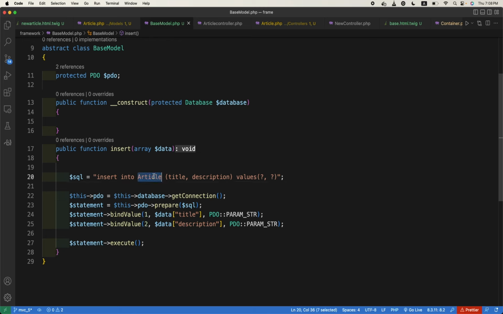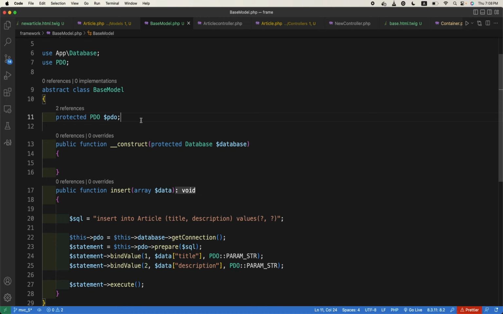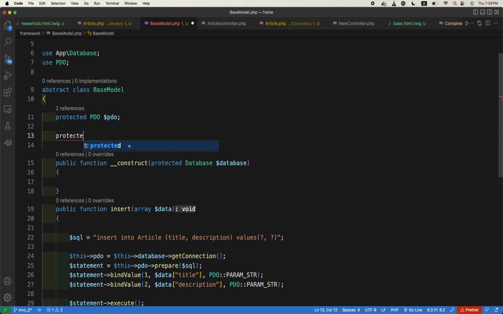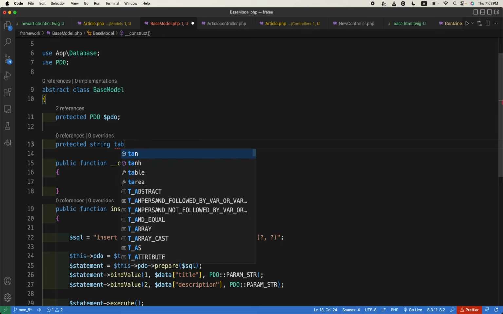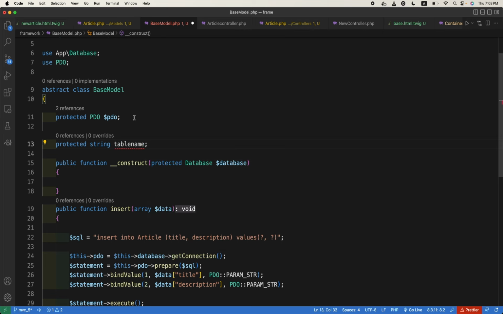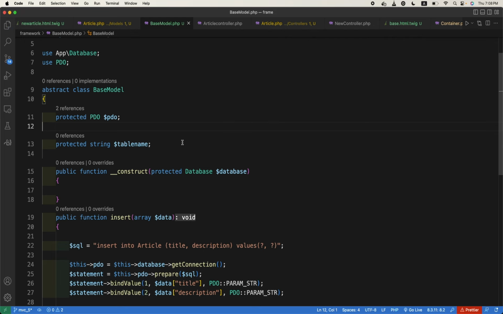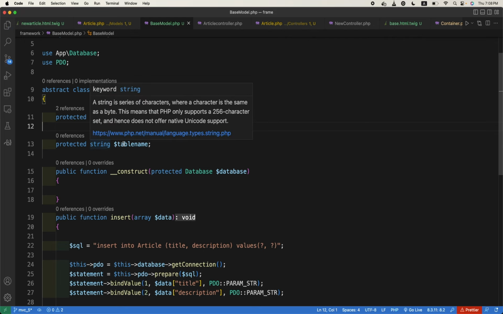We need to make this name dynamic, we need to make this dynamic. So how can we do it? We will create a property here, a protected property for string table name and $ sign. If I forget these $ signs and all these, please remind me. Okay, so protected string $tableName,